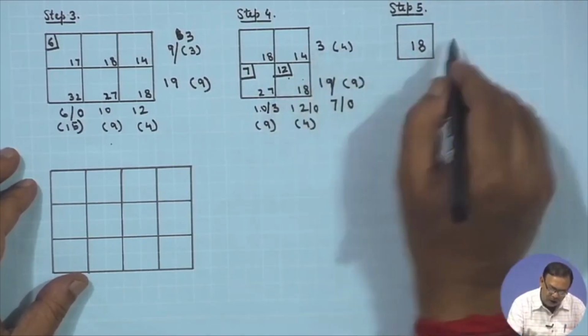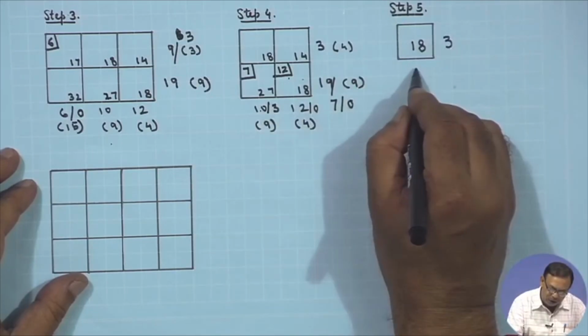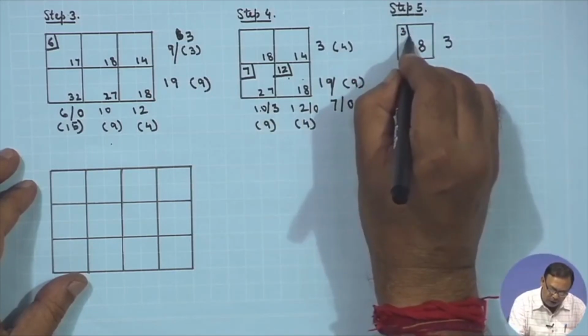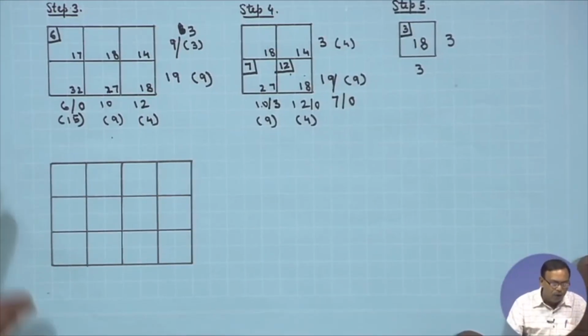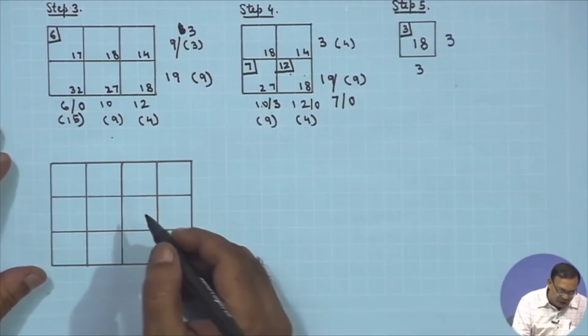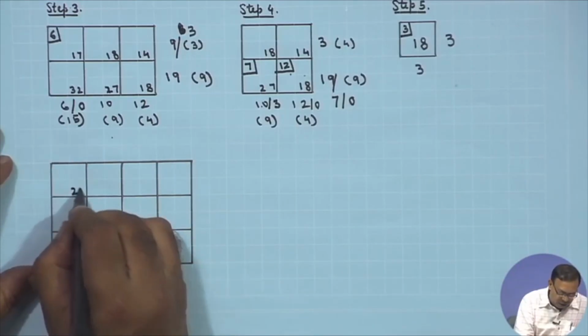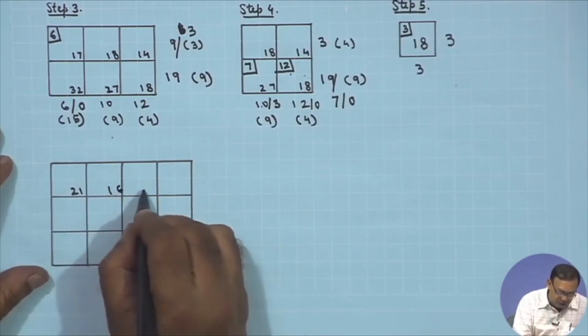What is the remaining? Here it is 3, here also it is 3. So, allocate 3 on this 18, so that now your allocation is over. So, finally, if I have to say my allocation will be, elements are 21, 16, 25,